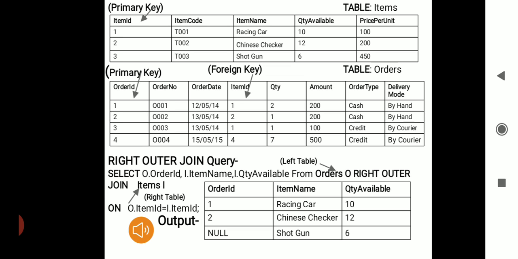So the entry of order ID will have null values in the left table orders, that is represented by order ID as null, item name as shotgun and QTY available as 6 in the output table.